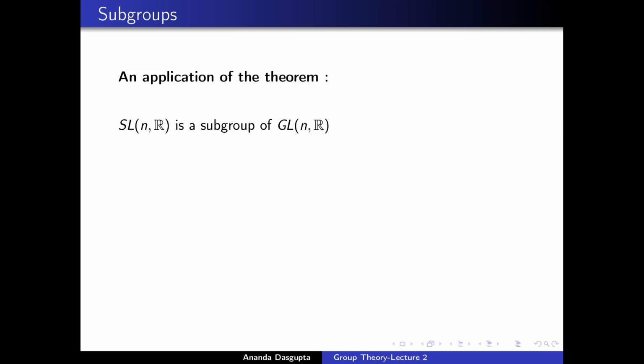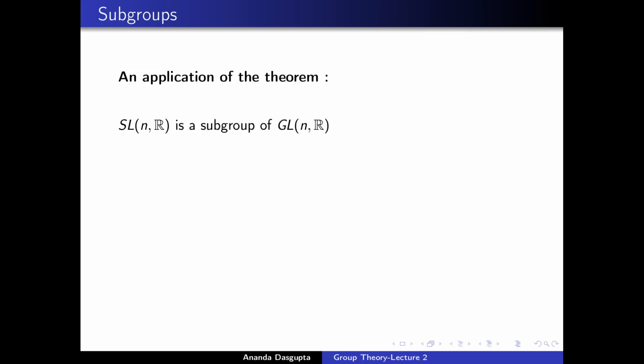Just to remind you, to prove this in the standard way, we had to prove that the product of two SL(N,R) matrices, that is two matrices with determinant 1, was a matrix of determinant 1. Then we had to check whether the identity is in this set, and identity being the identity matrix, of course has determinant 1, so it belongs to the set SL(N,R). And then we had to show that for every SL(N,R) matrix, the inverse not only exists, but is in this subset SL(N,R) of the entire